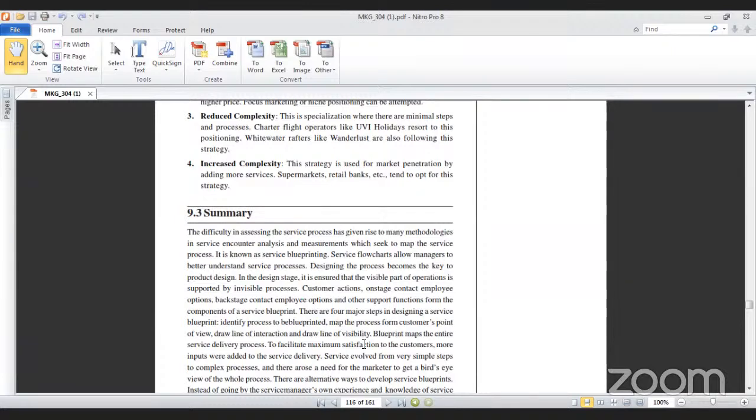In the designing stage, it is ensured that the visible part of operations is supported by invisible processes. Customer actions, onstage contact employees' actions, backstage contact employees' actions, and other support functions form the components of a service blueprint. There are four major steps in designing a service blueprint. Identify the process to blueprint, map the process from the customer's point of view, draw the line of interactions, and draw the line of